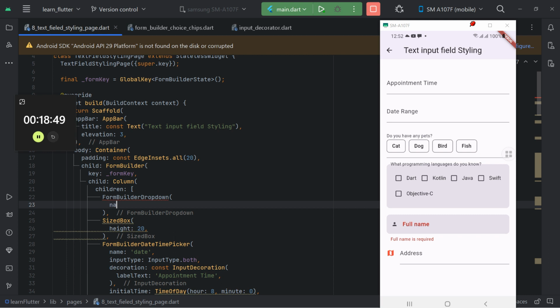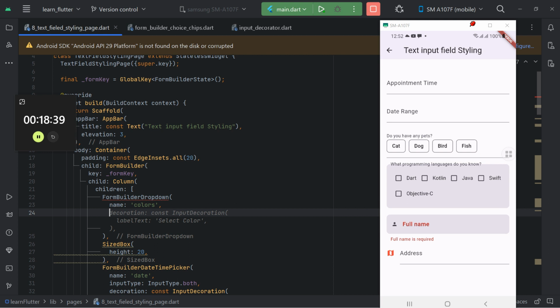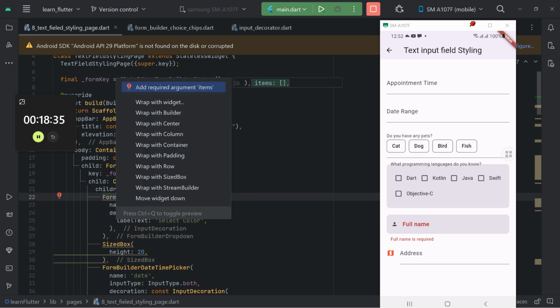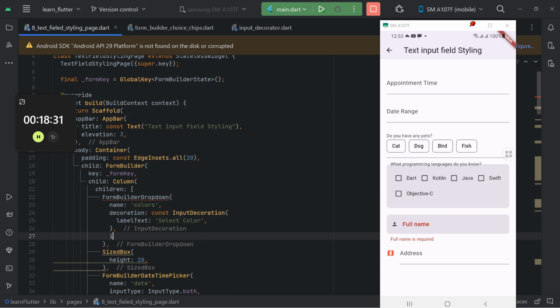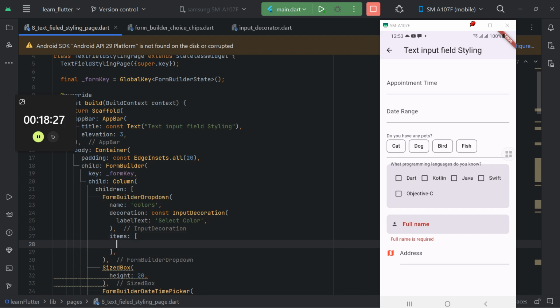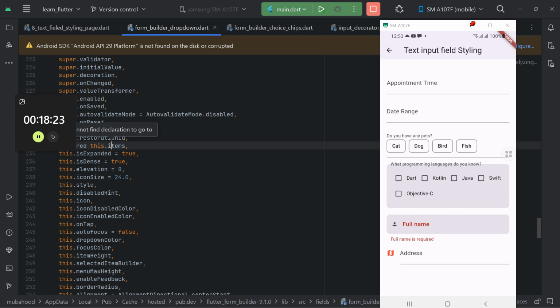So the first thing that it will take, of course, is a name. And then I can give it a decoration. And then it will also take another item called items. So items is the value of what? Of drop downs. So these drop downs, they can be